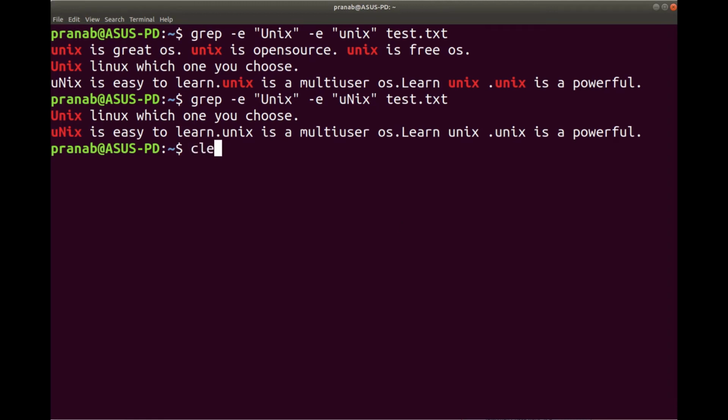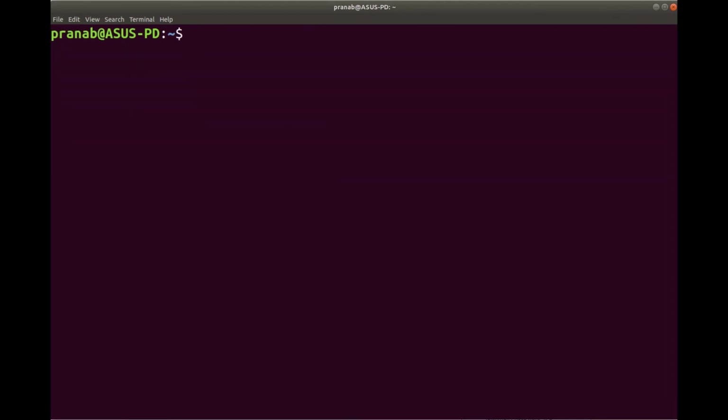Now let us look at the concept of regular expressions and how to use them. In the grep command we can use a regular expression. Suppose I want to search for letters, and that letter can be anything between A to Z. The first letter is A and the last letter is Z in the pattern, and this hyphen represents a range. So it can start with A or B or C or D or Z. It can start with anything.